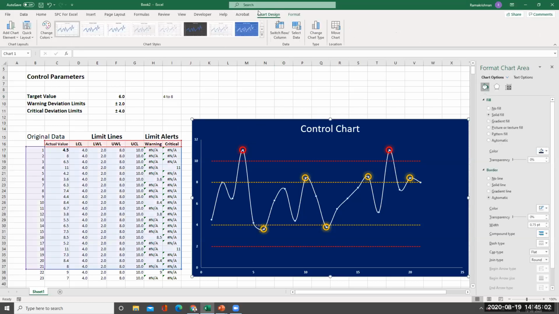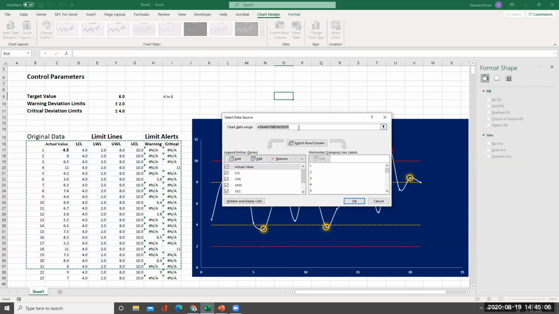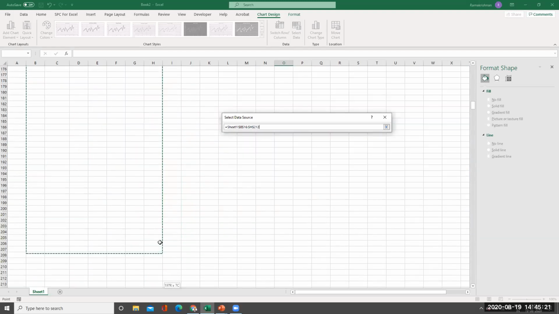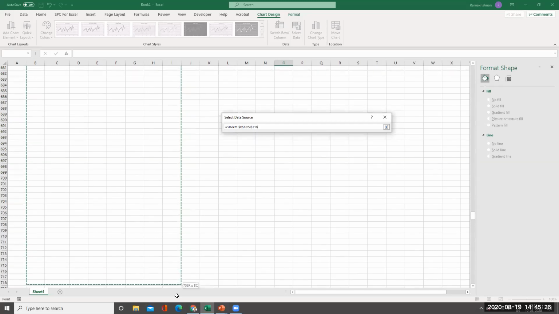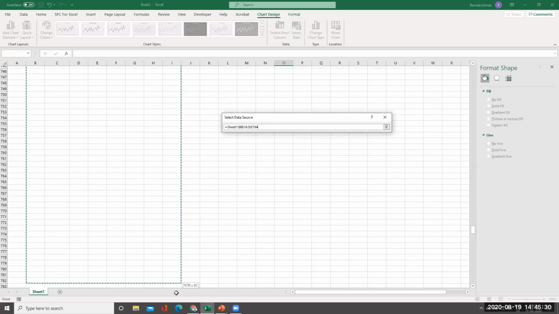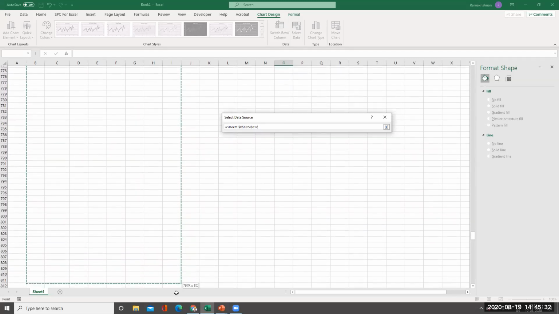Once I click it here, you can see the chart design comes. In the chart design, you can select data. Then here, what you will do is delete the equal to, and select the entire range, right? Okay, I select up to 1016 range. If you know, you can also put the number straight. I'm just showing it to you so that you know how far we are selecting it.